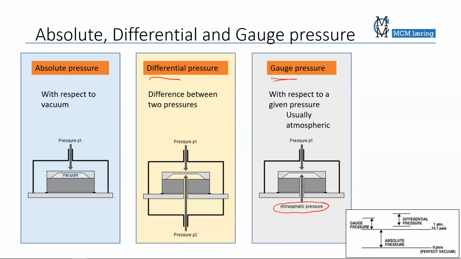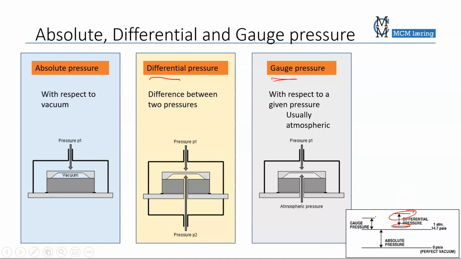For example, when I fill the tires of my car with air, the meter there presents the pressure compared to the atmospheric pressure outside at the gas station or wherever I filled my tires. So here graphically presented, the absolute pressure is compared to the absolute vacuum, while the gauge pressure is the difference between the atmospheric pressure and the pressure that we want to measure, and the differential pressure is to compare